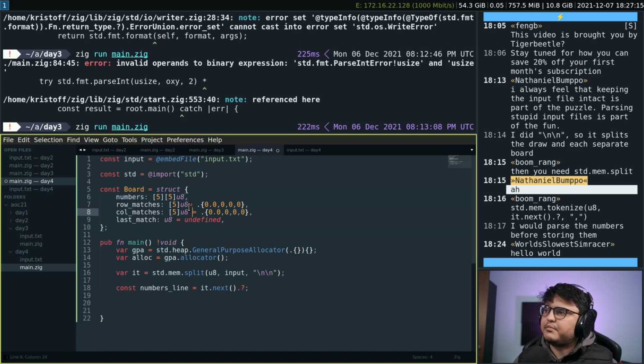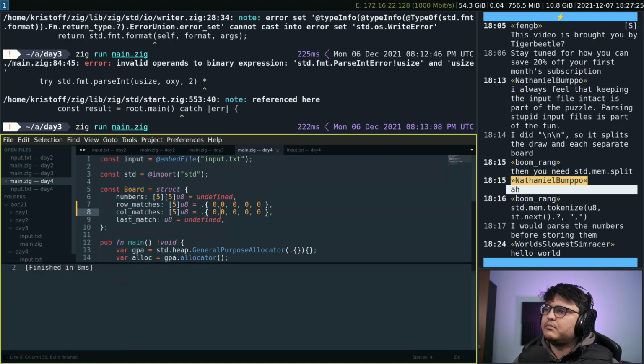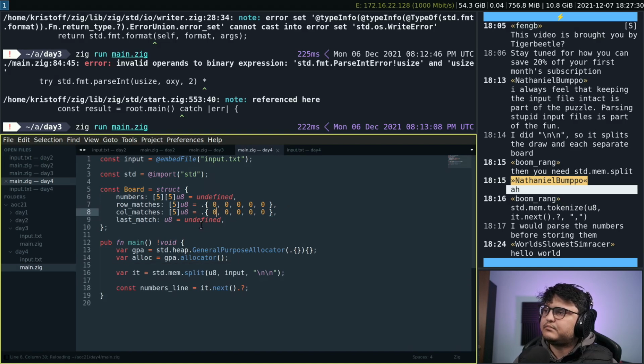This doesn't matter, so we can put it to undefined, I guess, maybe. Also, what is this, a dot? Okay. So we have our board,